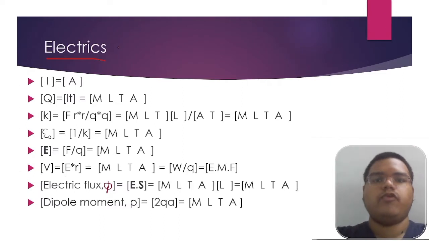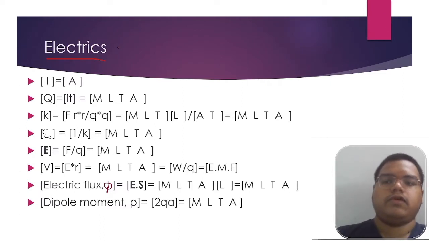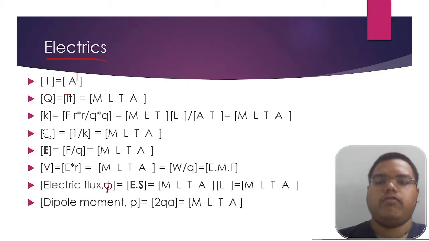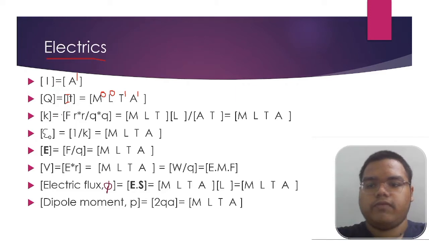So let's start. In electrostatics and current electricity chapter, we have current I, which has a dimension of A to the power 1, charge q, which has a formula of current into time, so it will have the dimension of M to the power 0, L to the power 0, T to the power 1, and A to the power 1. K has the dimension of F into r square divided by q square, which is taken from the